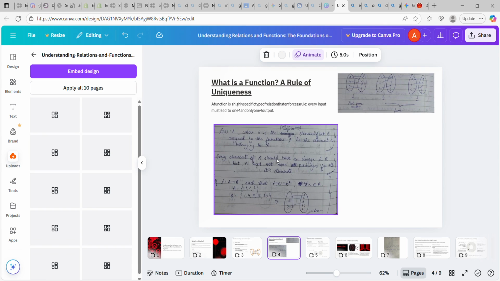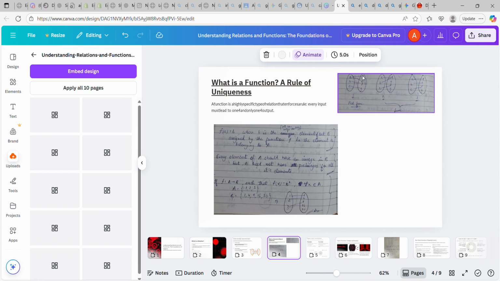A function means: let A and B be non-empty sets. A function f from A to B is an assignment of each element of A to exactly one element of B. Means if there is a set A, B, C and a second set D, E, F,